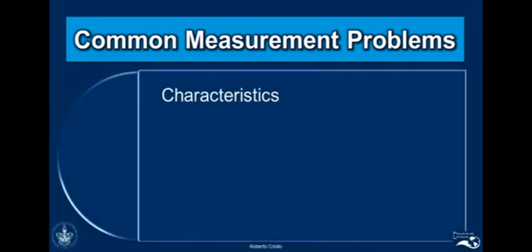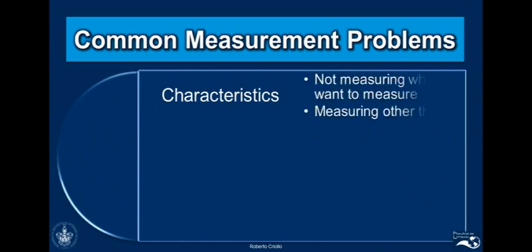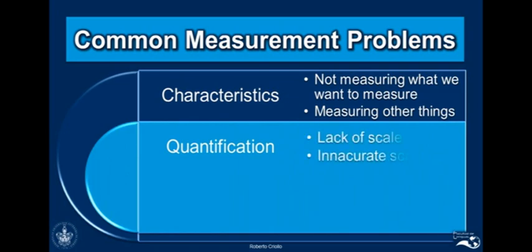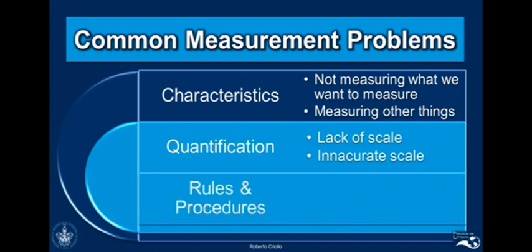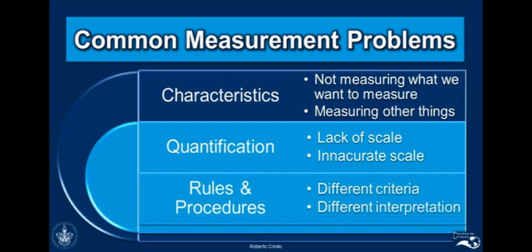So we need to see that we avoid some common measurement problems. First of all, the characteristic. We need to make sure that we measure the things that we want to measure and that we are not measuring other things. In terms of the quantification, we need to see that we use an appropriate scale, right? That we're not missing a scale. And finally, in the rules and procedures, we need to make sure that we don't use different criteria of different